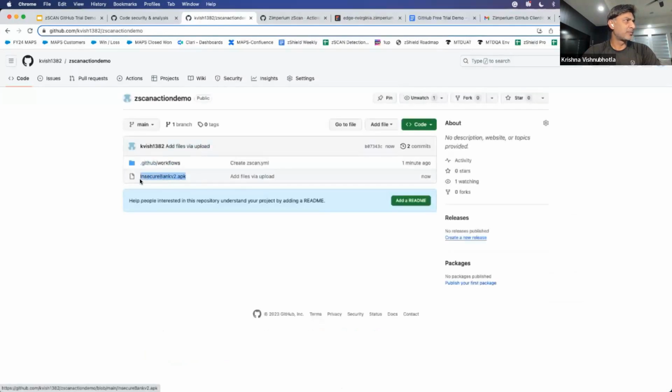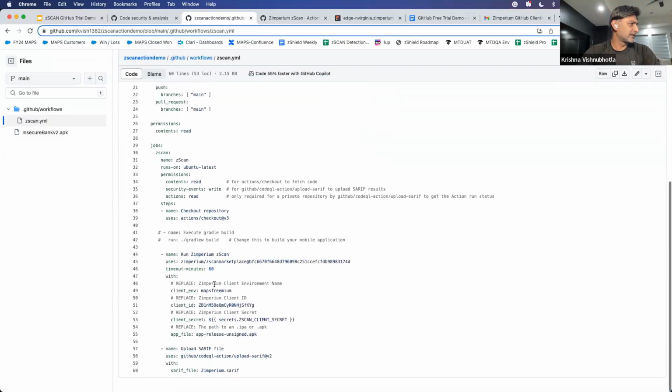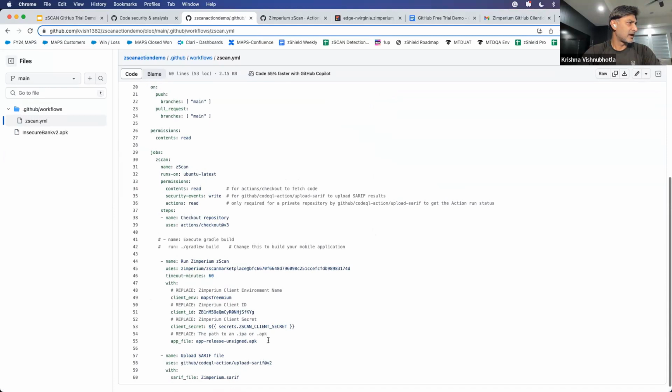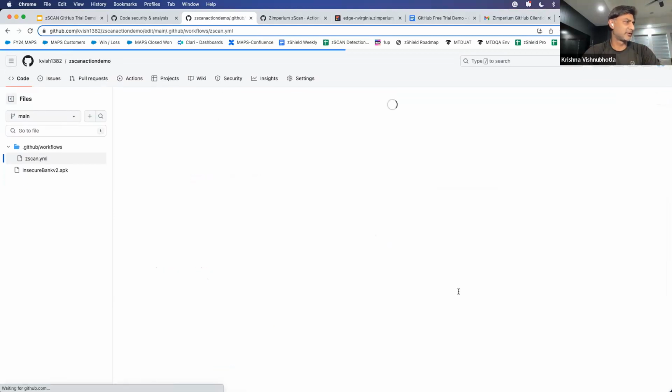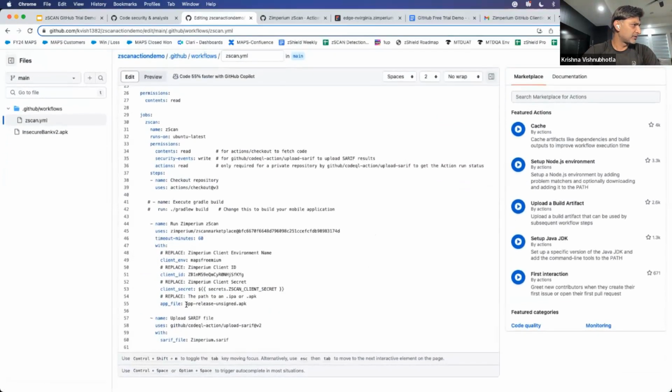Right now, this is an open source app you can find in GitHub. I just uploaded it right under my repository. So what I'm going to do is go back to my workflow, my zScan YAML file. And here, I'm going to change the file name to what I just uploaded. So the file name I uploaded